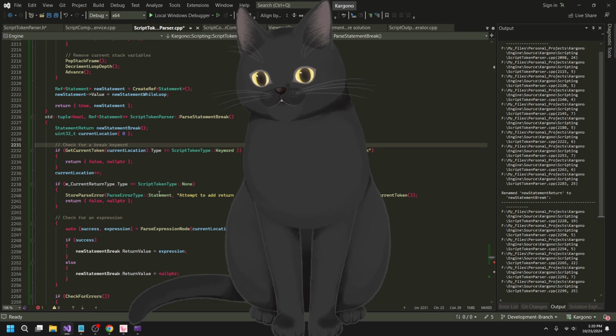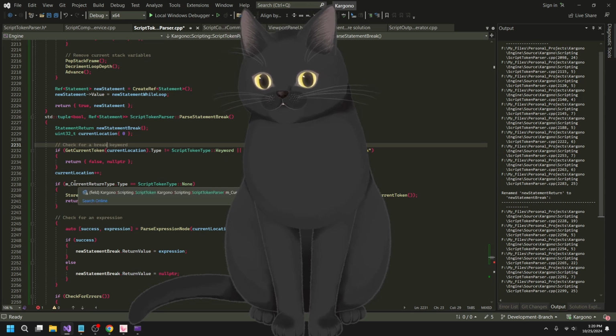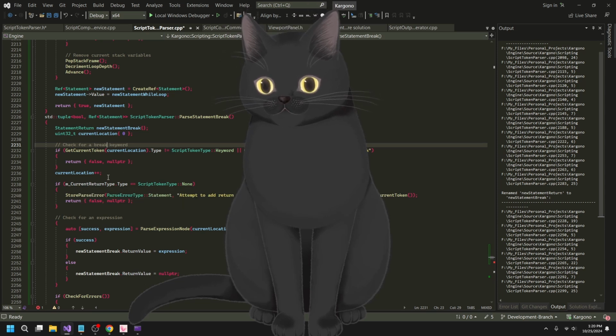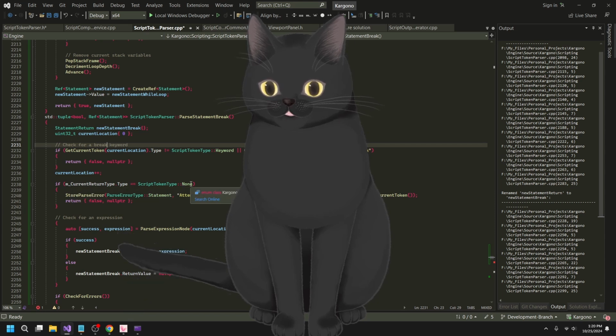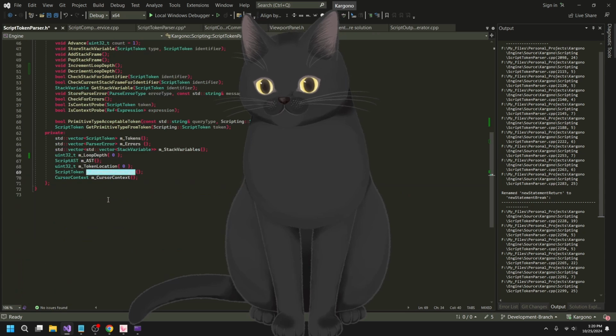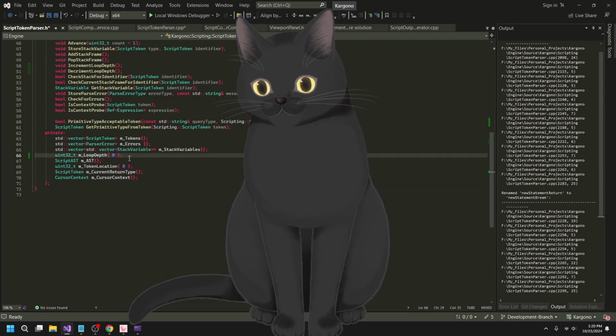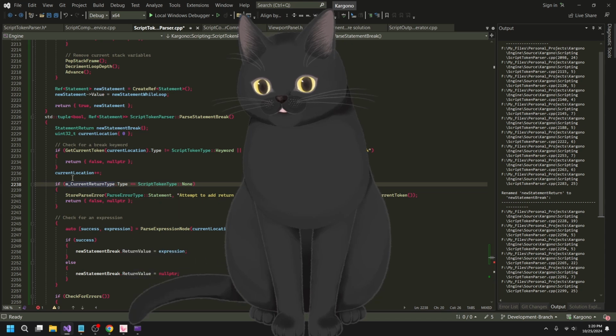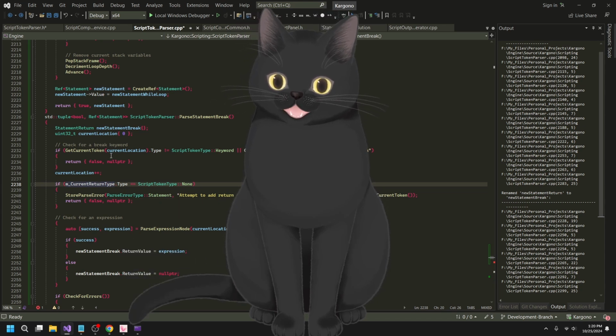Break, there we go. So checking for the break keyword, and then here, if m return type dot type is equal to none, oh interesting, I have a current return type. Attempt to add a return statement for a function with a void return type. Oh, I have that.